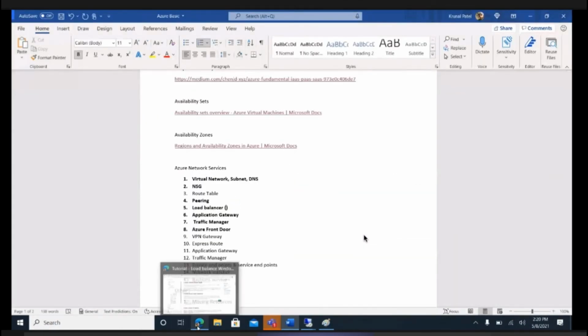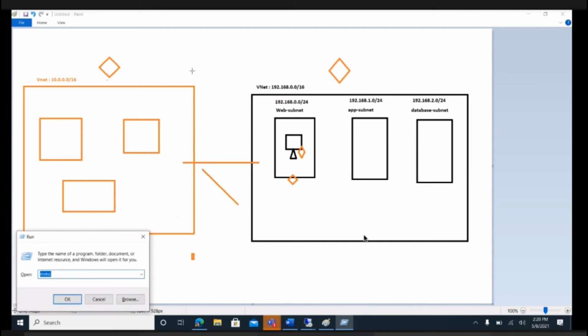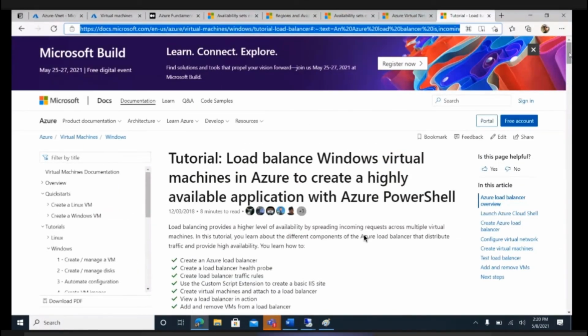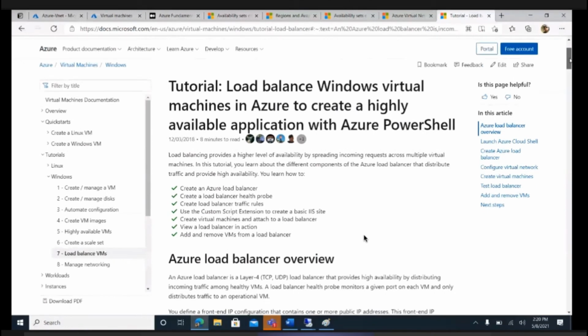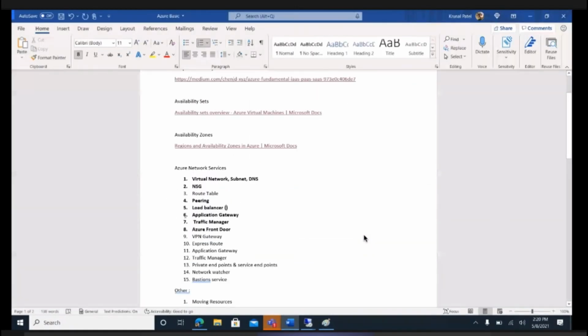Azure load balancer. So here is a view. I'll share the link over the chat as well. If you have time, you can read it because there are a lot of things. Chat, I'm not able to see here. You can't see. Okay. But if you want to learn more about Azure services like load balancer and application gateway, you can definitely go to docs.microsoft.com and you will find the documents there.